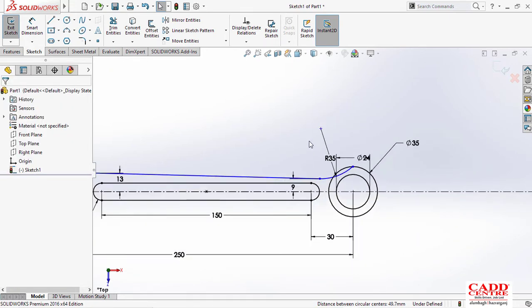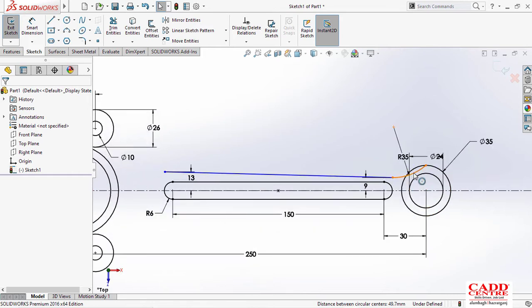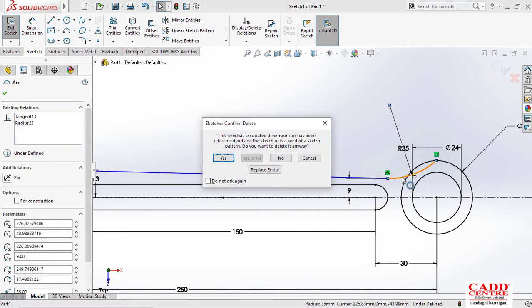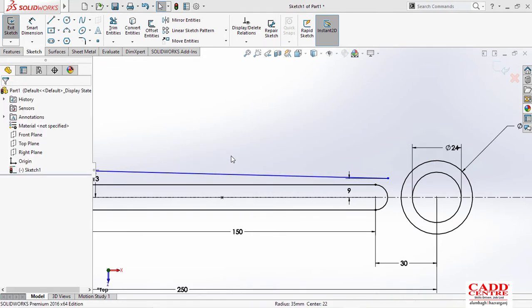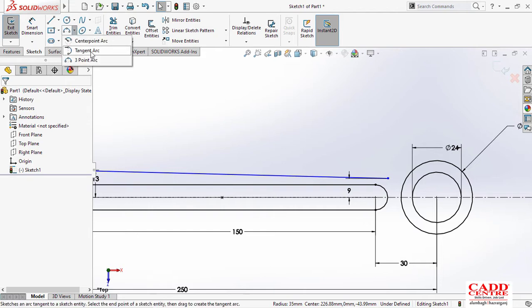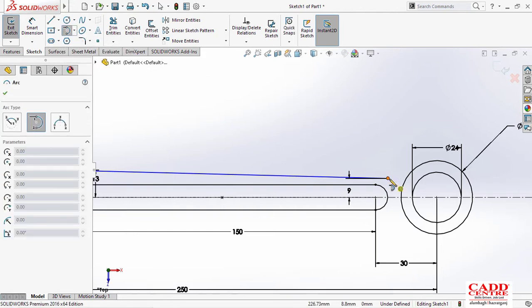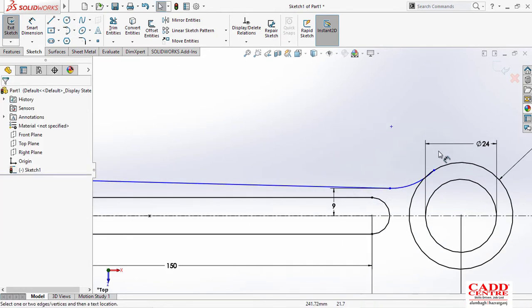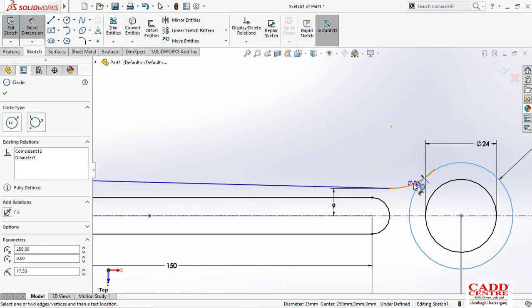Let me just fix this line first, then we have to just move here, because if we tangent this also, it will just make things worse. So let me just draw another line which is tangent arc, so I'll just tangent from that location and touch it from here. Okay, so now first I'll make a tangency from this.